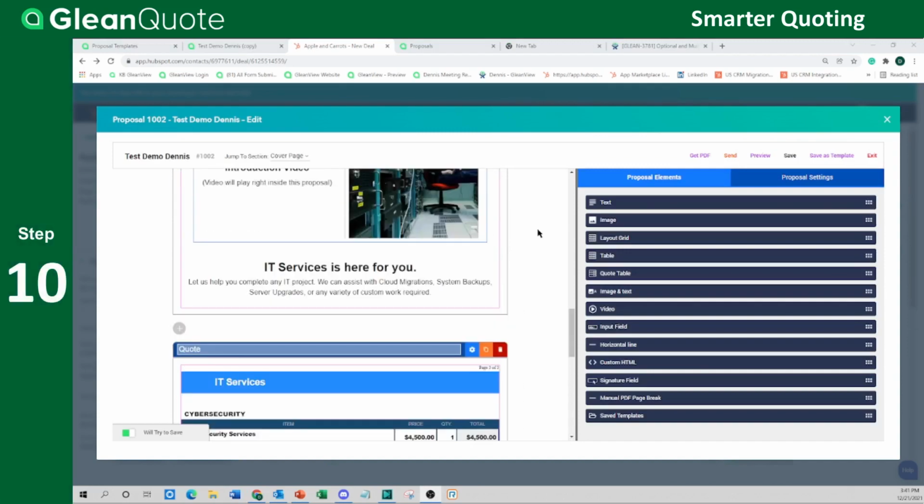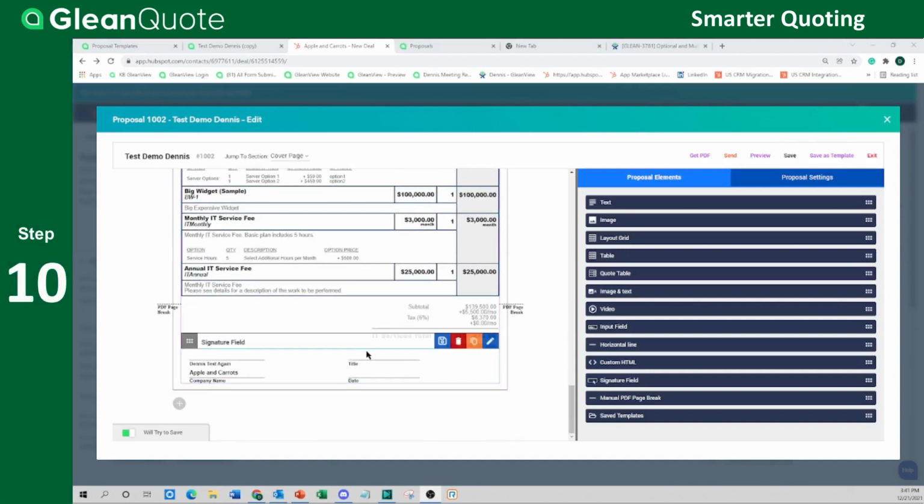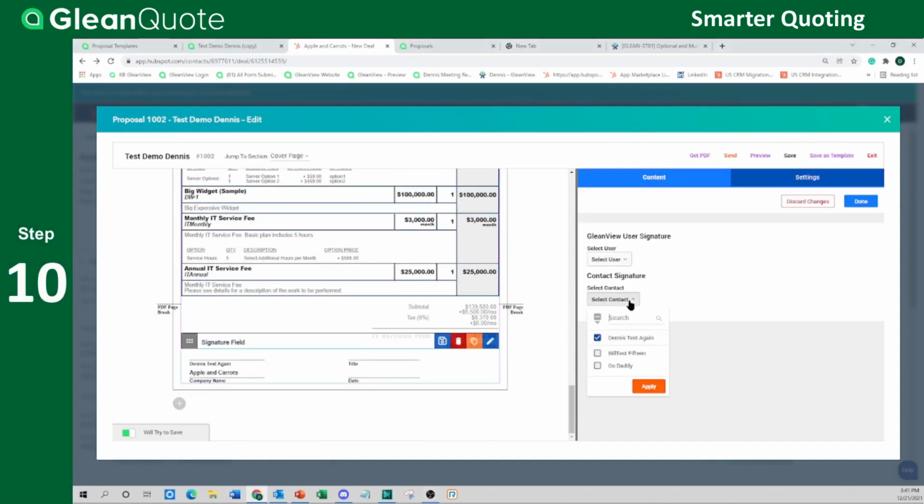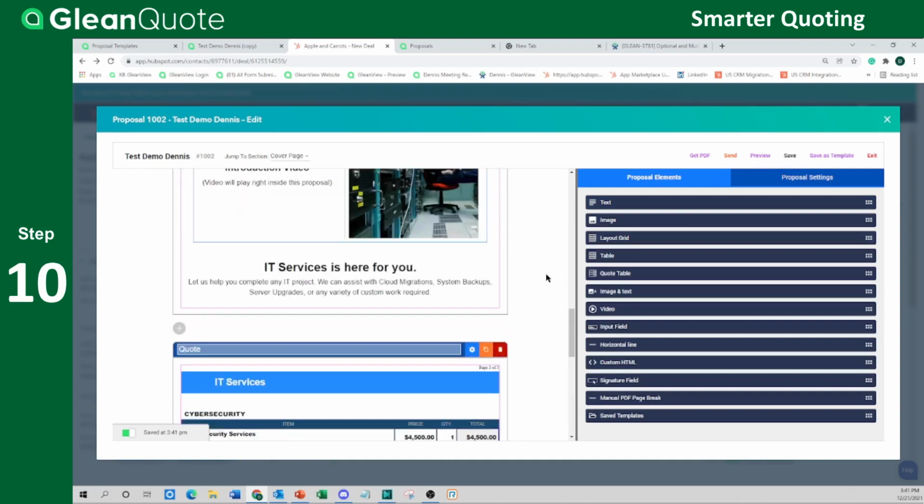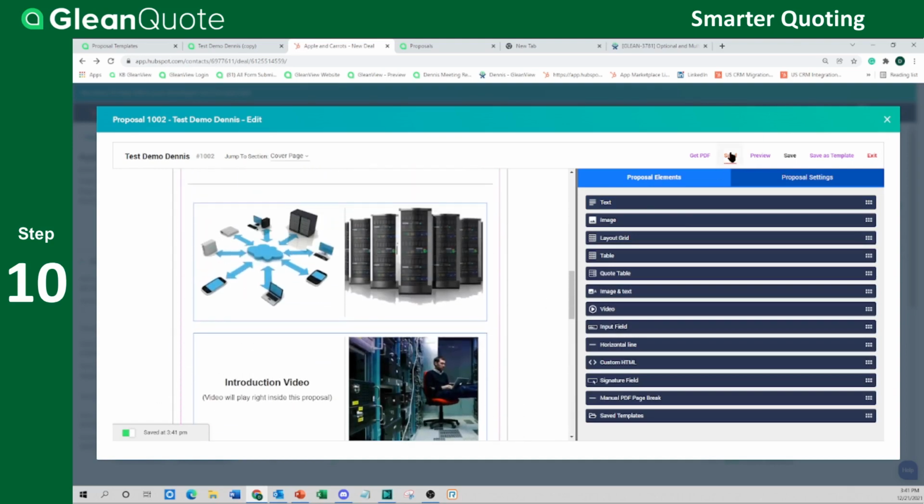So now that this proposal is ready to send, let's go ahead and scroll down to the signature block. Make sure that we have a contact selected. I've selected Dentist Test again. These contacts are all pulled in from any contact associated with the deal in HubSpot. Go ahead and click Apply, and we're ready to send this proposal. Go ahead and click Send,